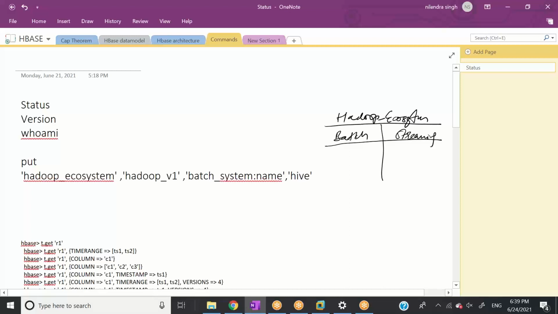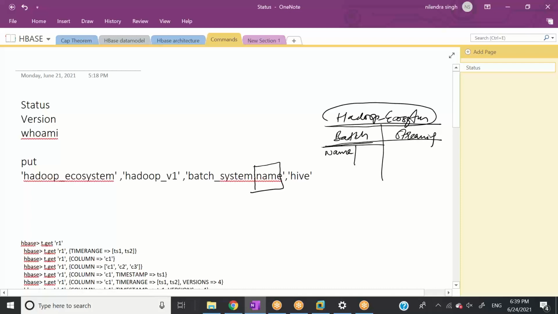Right. In the very beginning, I told you that every row inside this table will always have two column families. The column families cannot be changed. The column families cannot be changed, right? But I can have columns added dynamically. So I added, see, at runtime when I'm putting data, I added one column here, name. So it's going to be a new column, name, right?